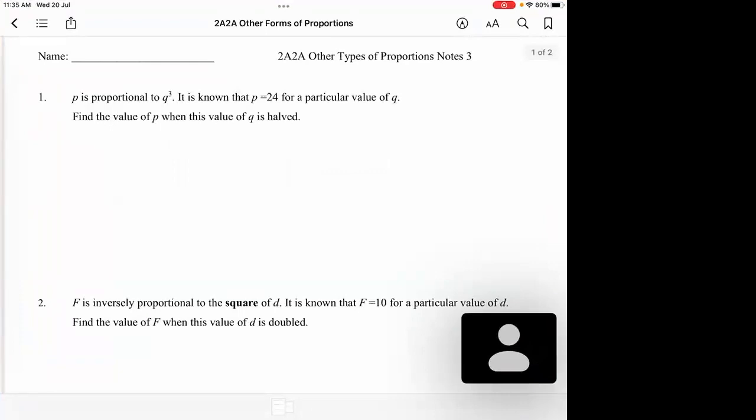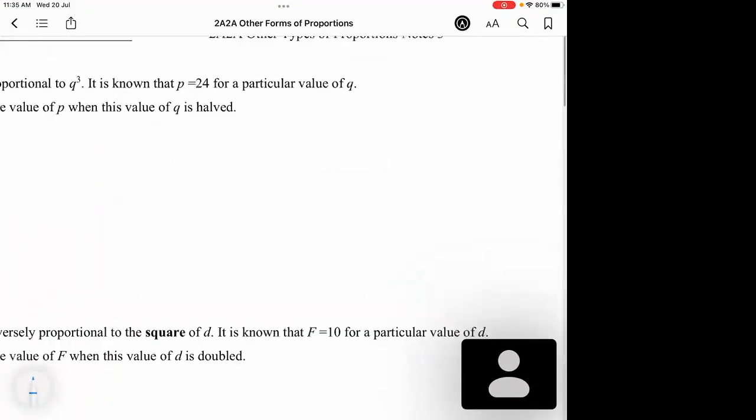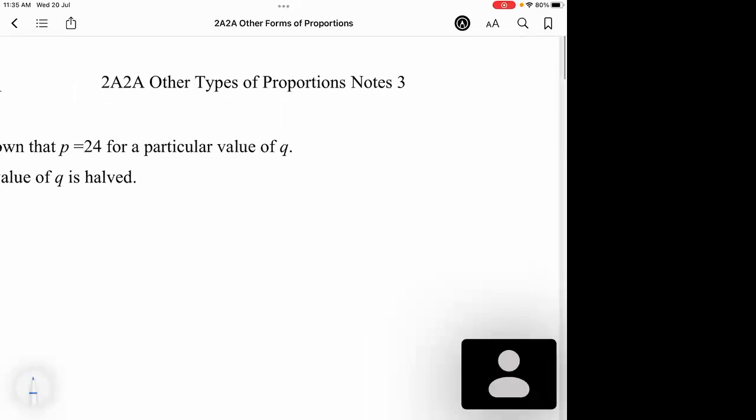Okay, so we are going to do this worksheet for today, on other forms of proportion. Let's do a quick revision on what types of proportion we have learned. First, we have direct proportion. If y is directly proportional to x, for example, it'd be y equals k times x. But if it's inverse proportion,